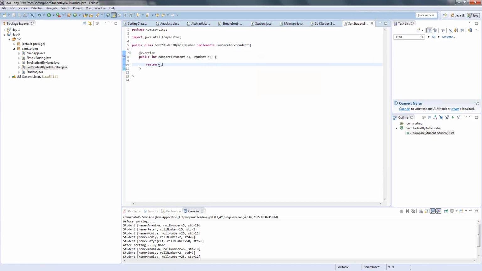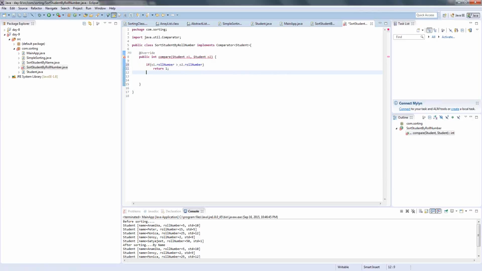So here we can write something like: if o1 dot roll number is greater than o2 dot roll number,